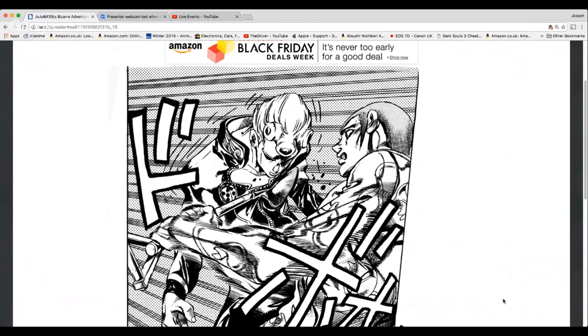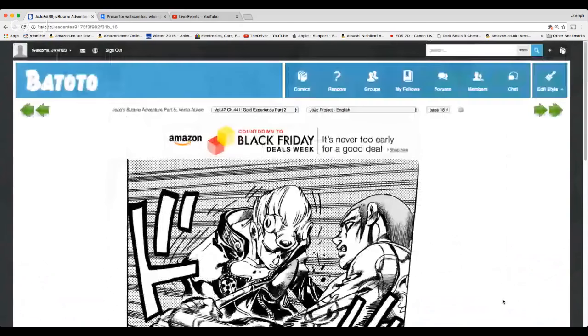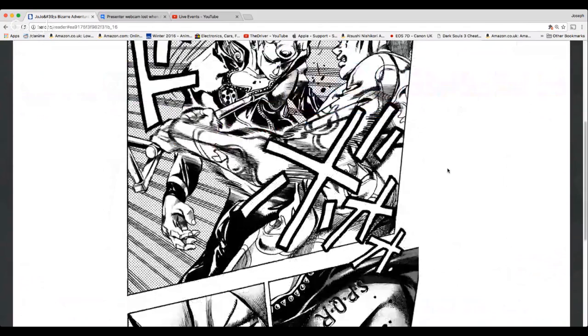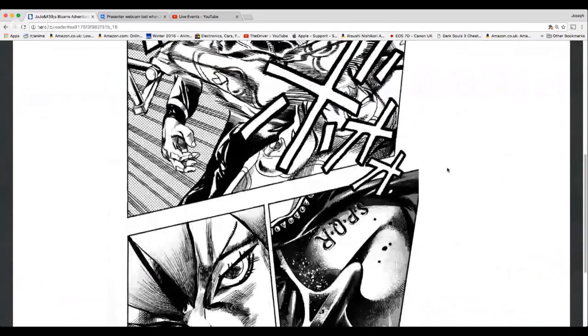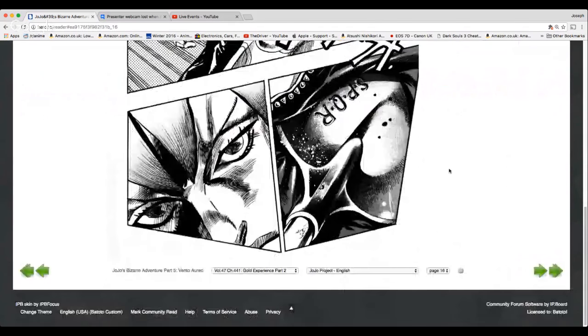Oh, so the color scans one is the new one. Okay, I get it. The color scans are there as well. I think this one's called the JoJo project, but the other one, the colored scanned adventure, is there as well. I don't know whether or not to cover that one afterwards. If it's the case, I have to cover that one. It's fine, I just carry on from where I left off on this one. I think it's shorter anyway. It's gonna get confusing after a while, I think.